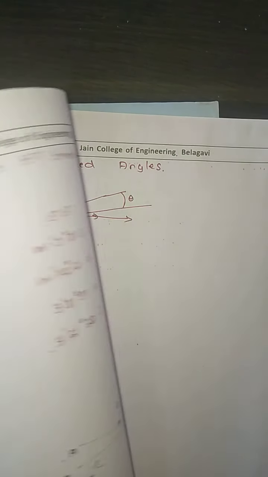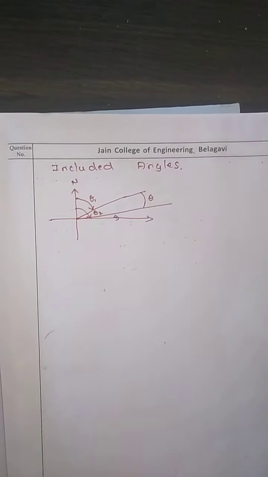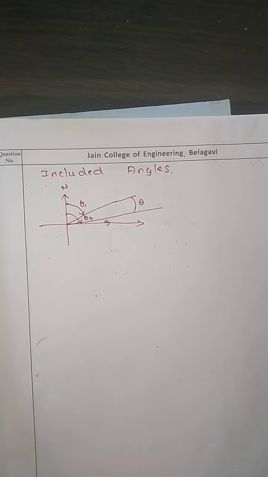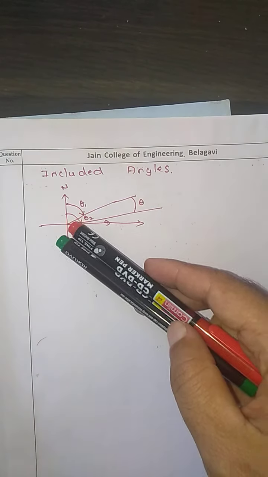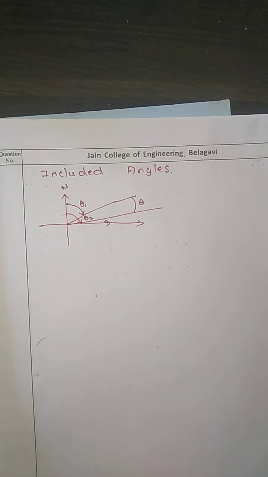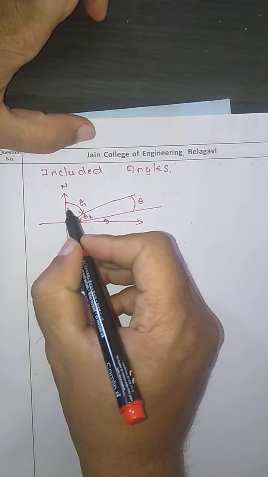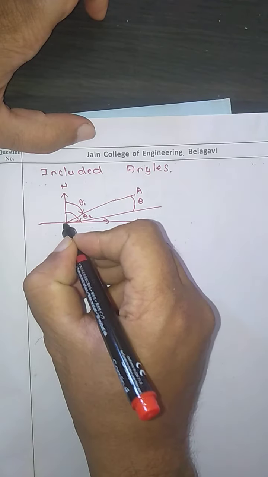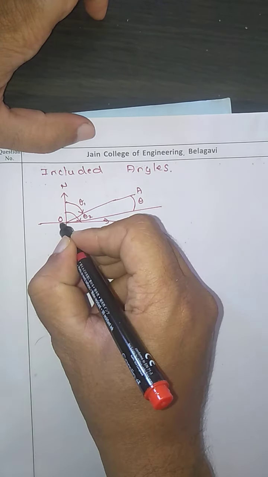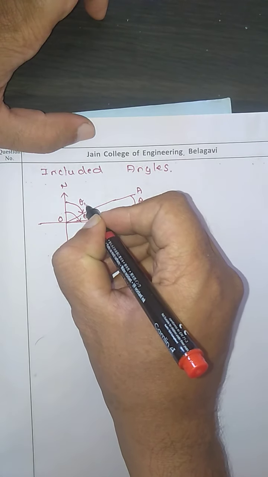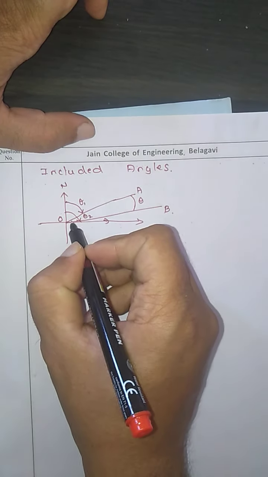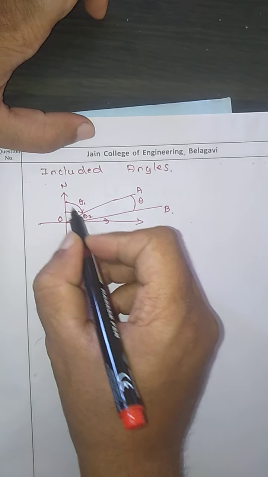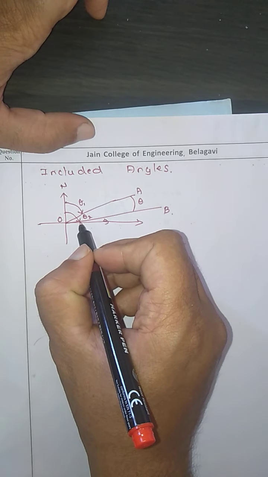Okay. Now we will see what an included angle is, and solve some small basics on that. Now suppose in a single quadrant, you are going to have two angles. One angle is say NOA, which is making an angle theta 1. Now again there is one more angle NOB, which is going to make an angle theta 2.